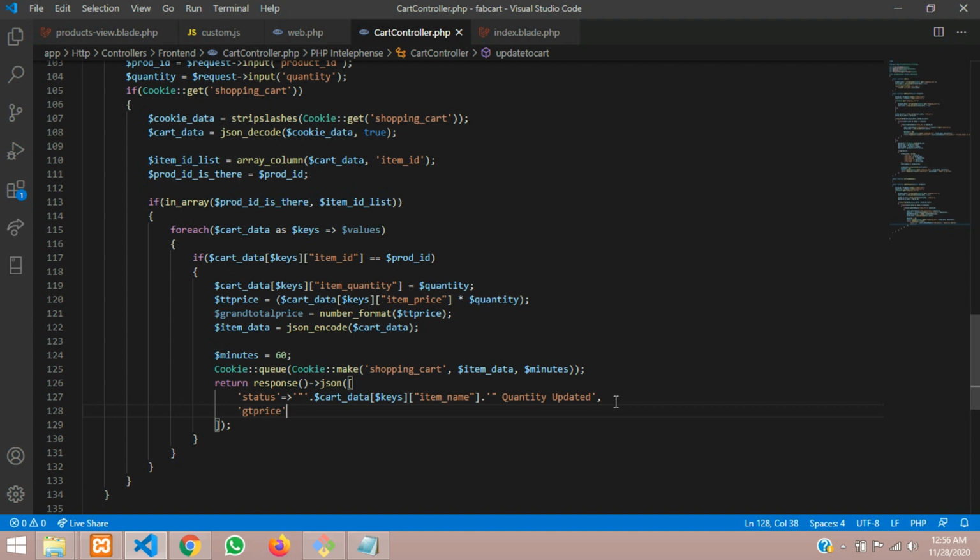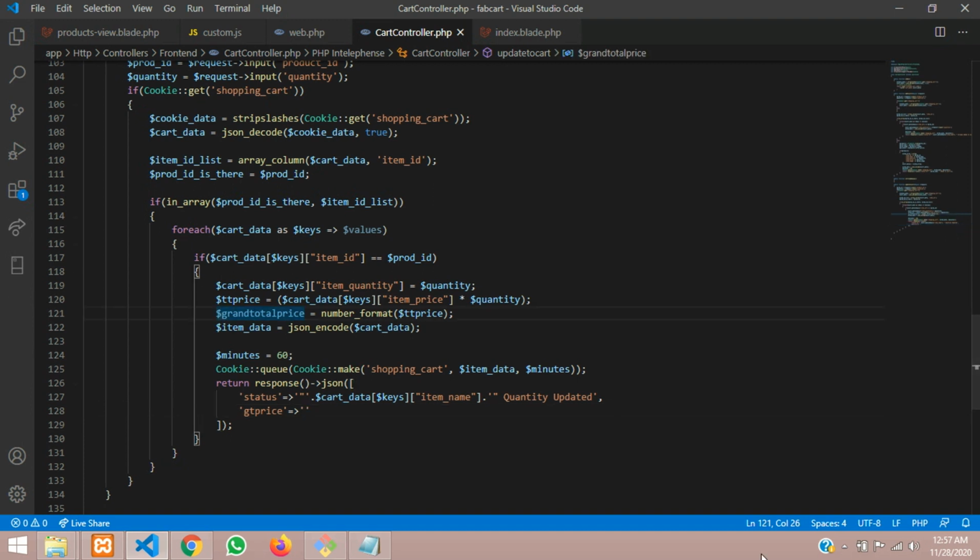Once clicked on this grand total price, we give equals and forward arrow, where we insert single quote and give a comma, or else ignore it at the last. So now guys, we have to copy this grand total price and paste inside this. Done. So the data is getting messed. Let's concatenate.